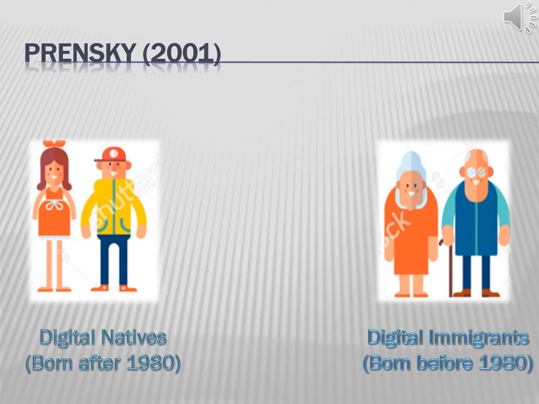Prensky argues through his dichotomy that digital immigrants have to teach themselves to use computing technologies and refers to the process as like learning a new language, whereas for digital natives, technology is a huge part of their everyday life. This therefore creates a division between generations due to computing technologies being more apparent and essentially a natural part of digital natives' lives, whereas the older generation, who are considered to be digital immigrants, did not have computing technologies readily available as they grew up.